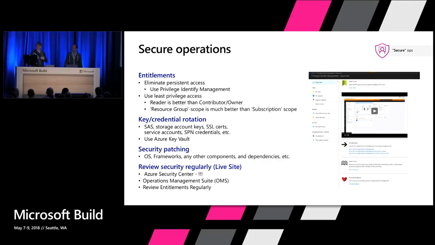but you also have to think about scoping down your privileges when you're in there. So why have contributor when reader? Azure, I think, has over 60 built-in roles within the ARM template. We've chosen to simplify that down to 3 roles right now. I don't know if 3 is the right answer, maybe it's 4, but it's basically trying to keep it simple, right? Trying to reduce the surface area.